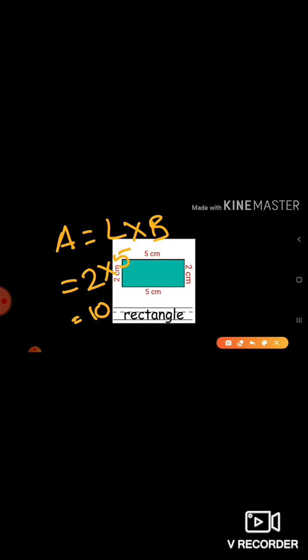You simply multiply those 2 parameters. So length into breadth. The length value you consider as 5 and the breadth value is 2. So 5 2s are 10. Have you understood what I am saying? So simply multiply the length and the breadth. The two parameters in the rectangle are the length and the breadth, and you have to multiply them. Length value is 5 and the breadth value is 2. 5 2s are 10. Okay, have you understood what I am saying?